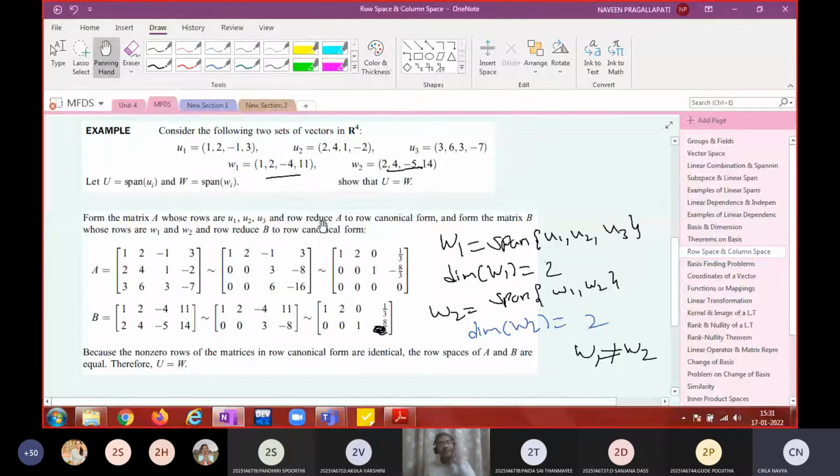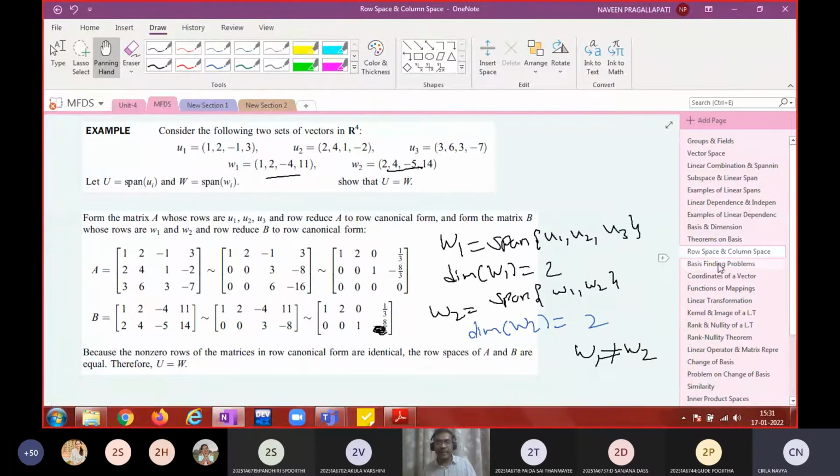But somebody may ask you to pick up vectors from the given set of vectors which generate the given space. That means I don't want these two. Among these three, I know two will generate the space. Which two of these vectors are going to generate the original space? I want a basis containing the given set of vectors.